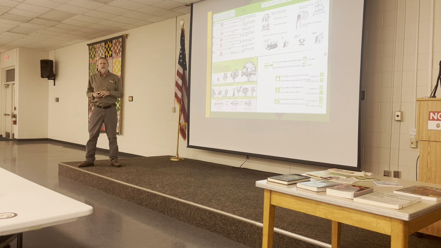So here's the page for the bur oak, which is also called the mossy cup oak, and you can see how that looks more like it's in the chestnut family. And it has a nice range map, so you can see where it is. It's not in our area, so don't go looking for bur oak. I mean, they might be planted here in town, but they're not going to be native here. But they all have a description, then they have this nice distinguishing characteristics, a habitat and range, and some photographs of it. So there's lots of really good information in this book, so this is the book to have.